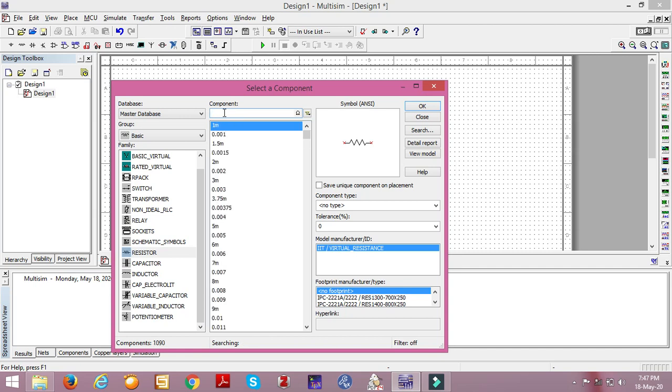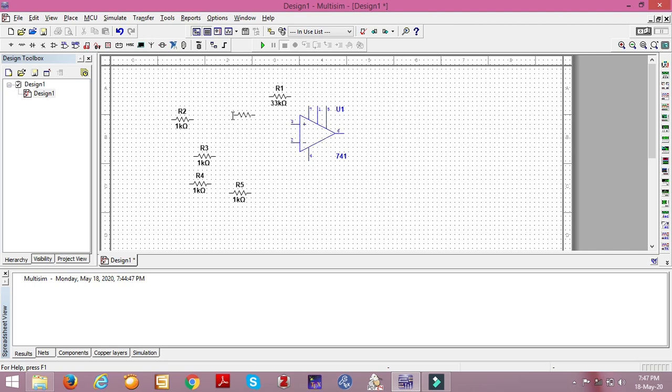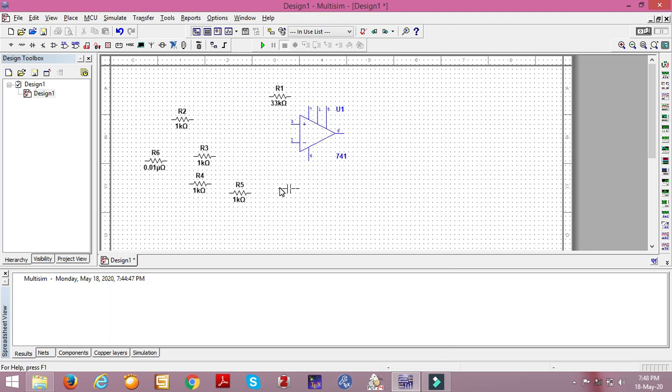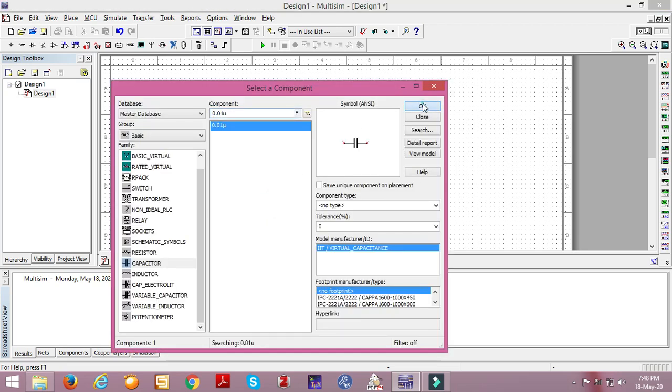Next, again I want 1K, 3 pairs. Capacitors 0.01, 3 numbers: 1, 2, 3.